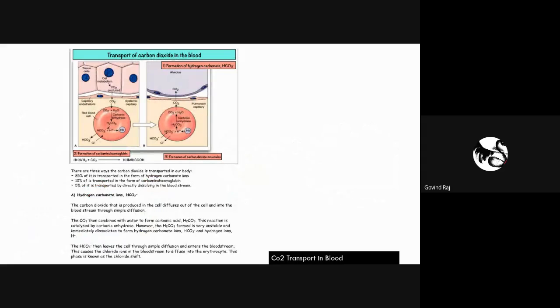Now let's see how the carbon dioxide is transported in blood. From the tissue cells, after cell metabolism, the byproduct carbon dioxide is produced that gets diffused into the blood, where the carbon dioxide reacts with water, catalyzed by carbonic anhydrase, to form carbonic acid, which dissociates or ionizes to bicarbonate ion plus H+ ions, and this bicarbonate ion